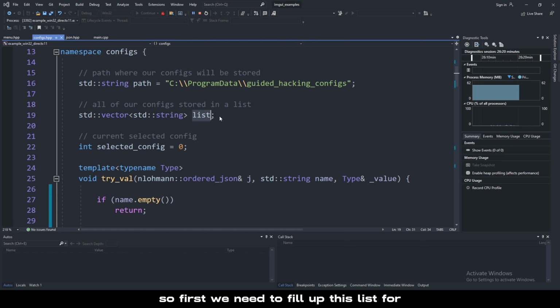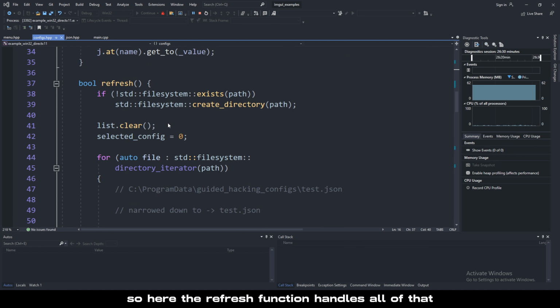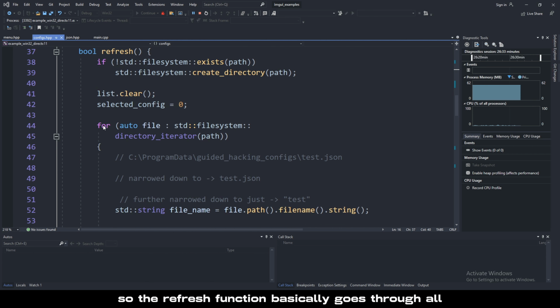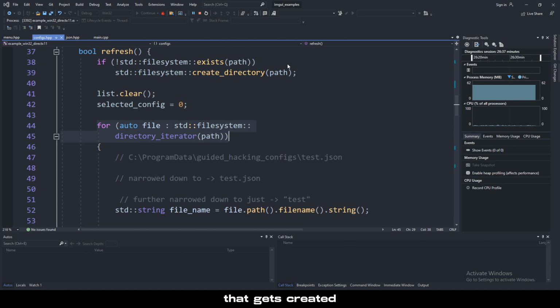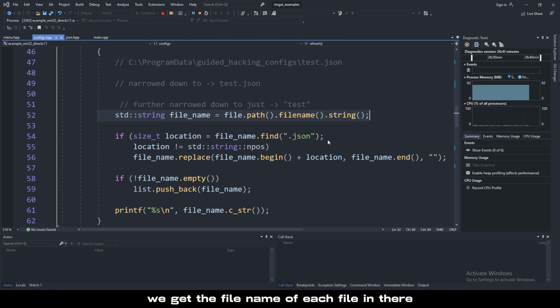So first, we need to fill up this list for our ImGui menu, but we also need a place to store our configs. That's where this guided hacking configs folder comes in, in the program data area. So here, the refresh function handles all of that. The refresh function basically goes through all the files in that directory that gets created, the base path one. We get the file name of each file in there, check if it has a JSON file extension. If it does, then we remove the .json part and just have the file name,